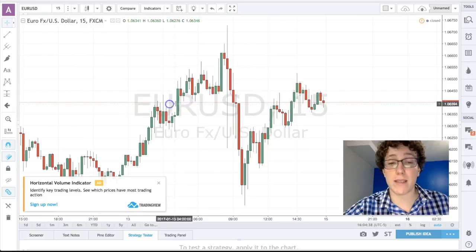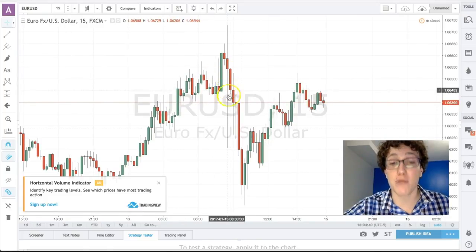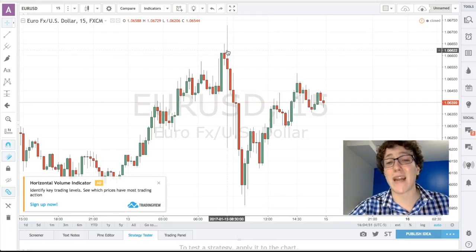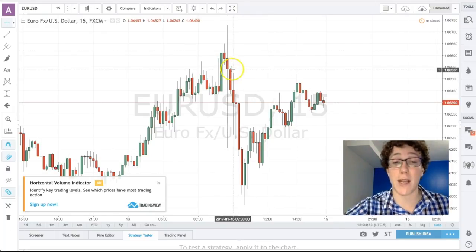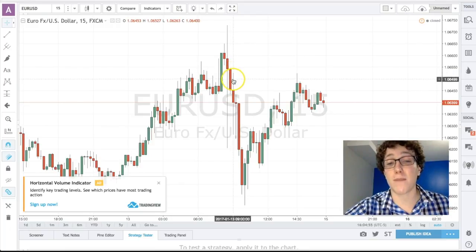Starting with the Euro USD, this is the exact time the news came out. As you can see, it fluctuated a lot. It went all the way down here. This was the low and this was the high. Usually that first 15 minutes, I don't trade. I wait for it to pick a direction. And then after that, I took a 30-minute trade because I could tell that it was going downwards, because of this solid red candle. So a 30-minute trade and it would have ended down here.